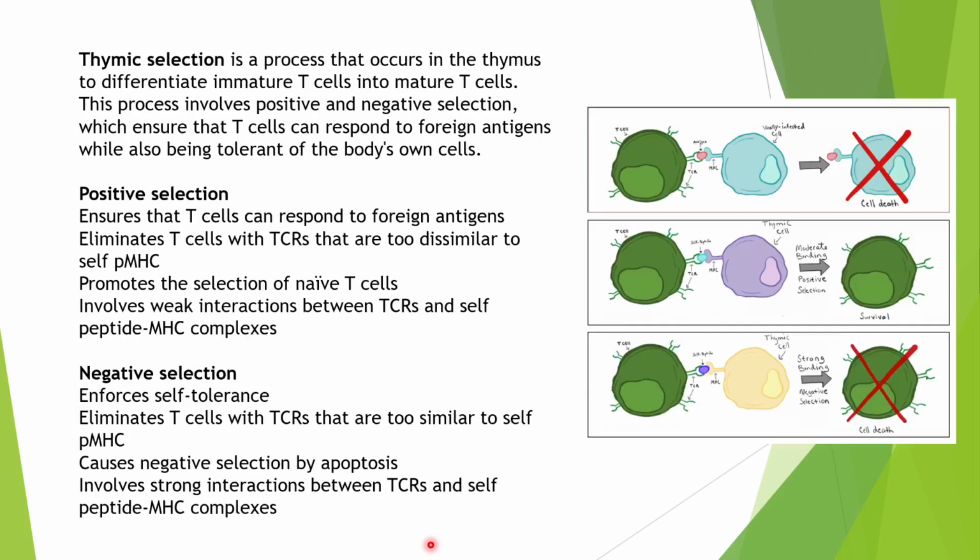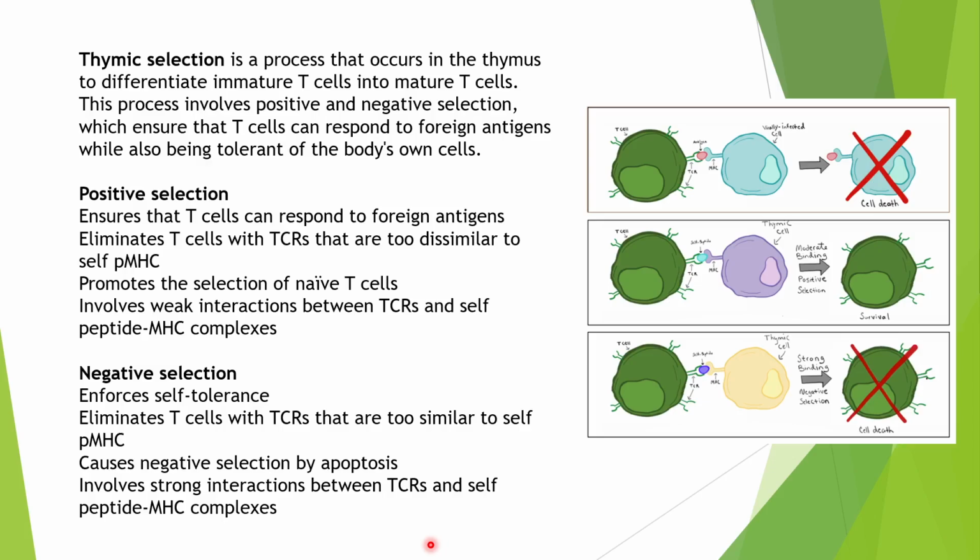Next is thymic selection. Thymic selection is a process that occurs in the thymus to differentiate the immature T cells into mature T cells. This process involves positive and negative selection. So your T cells, there are naive T cells and then they mature. During this process, the T cells have to be selected. Which T cells are eligible to mature, which T cells are not eligible, then they have to be discarded from the system. So this process of selection is called thymic selection, and it involves both a positive selection and